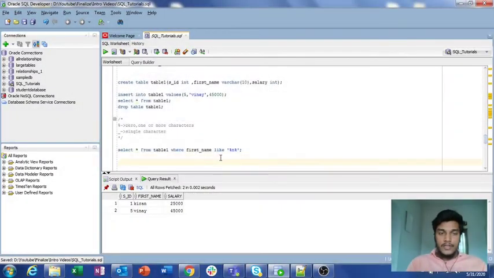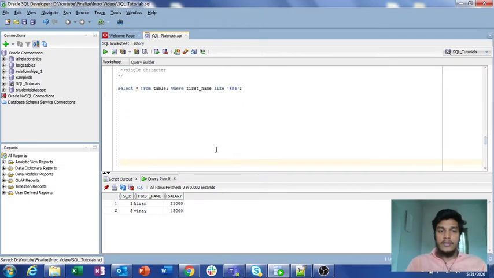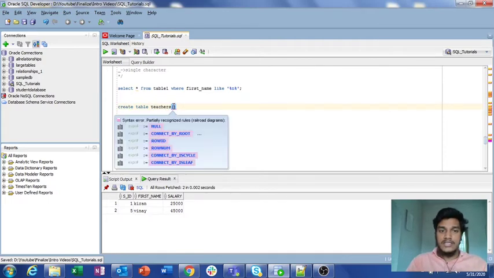Okay guys, in order to illustrate a foreign key, we need to create two tables here. First of all I am creating a new table for teachers. Create table teachers, and here it will store the teacher ID as well as the teacher name.